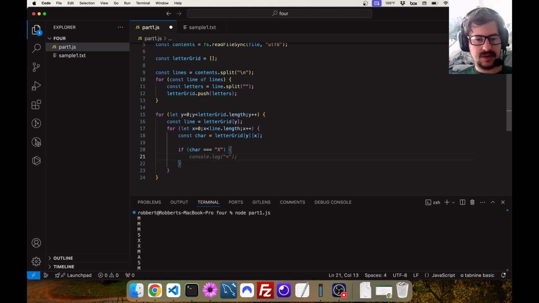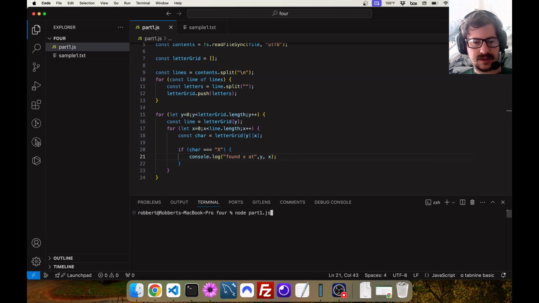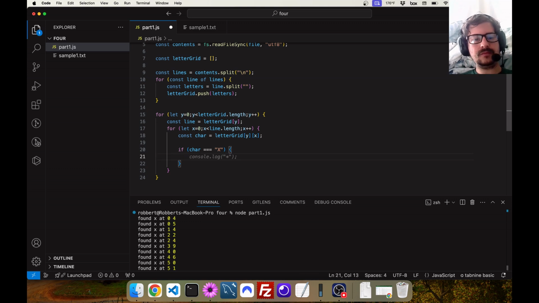That is completely correct. X at yx. I know we're using x for multiple things, but that's the letter. Okay, so here's all the places there are x's. Each one of these could be an xmas, and it could be an xmas in multiple directions too. And that's what we're going to find here. So the first thing we've got to figure out is, how do we traverse in a specific direction? And what I want to do then